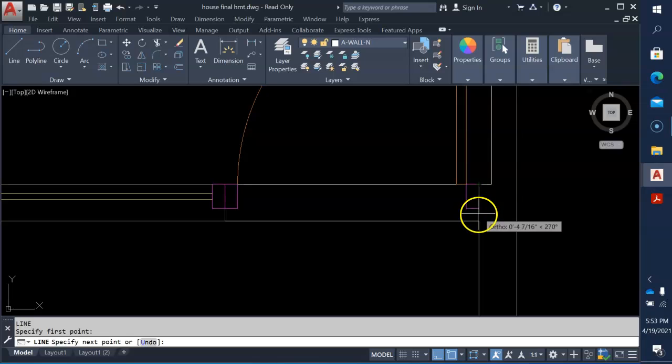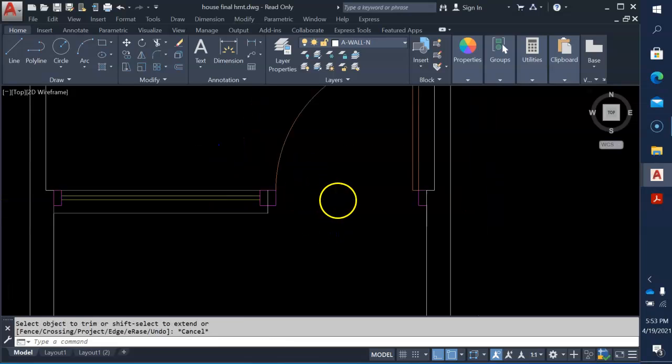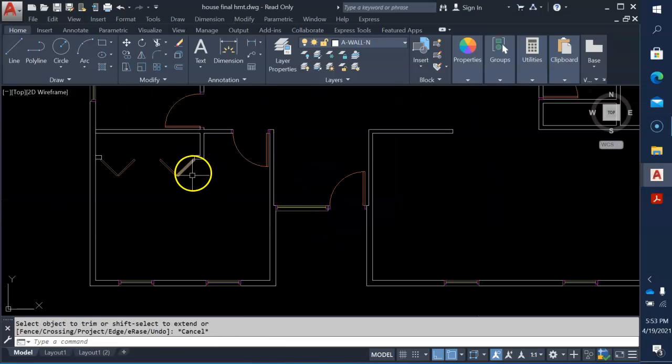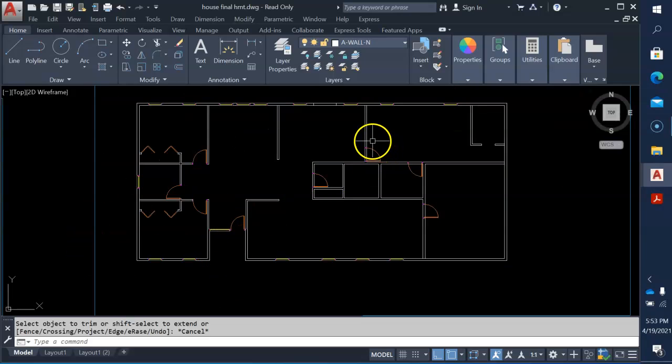We're going to go in here and draw some lines so that we can trim this door. Okay, so we trimmed, and we will go around and trim everything so that when we hatch, you won't have a problem with it bleeding over. But let's, at this point,